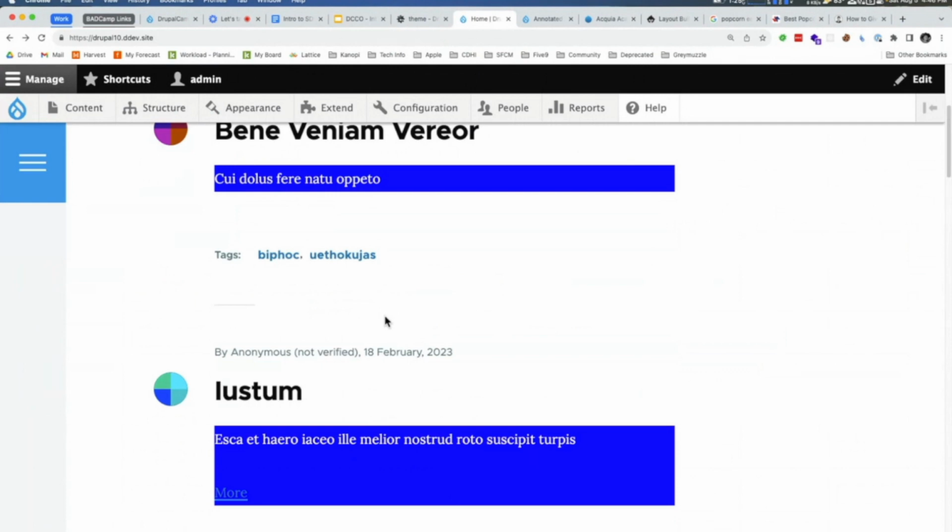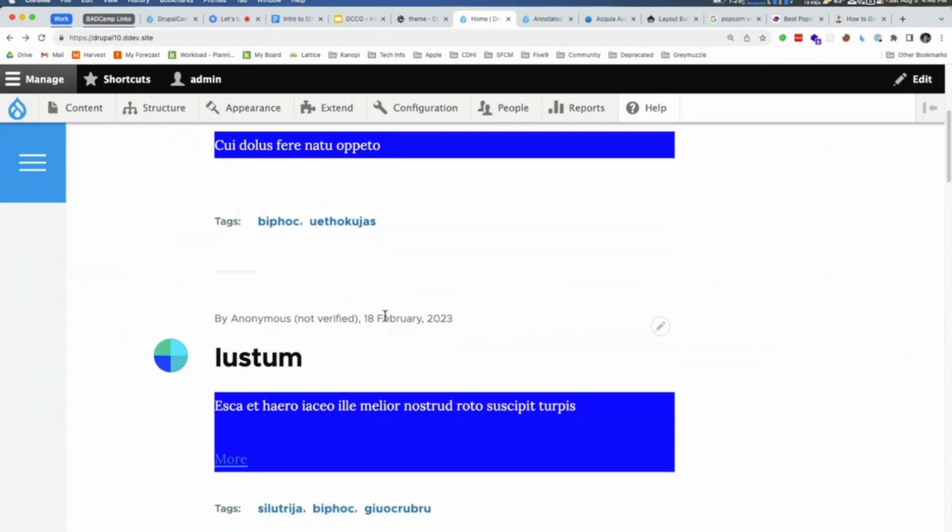Where I want to go is to have Smart Trim, because, like I said, if they're going to show the more link, even if it's trimmed, there might be an image on the actual article that's not shown if you don't get it. So anyway, this is all very, very horrible, as you can tell.